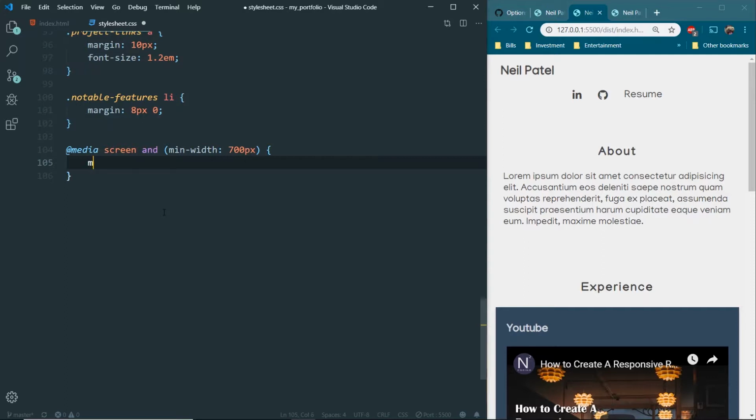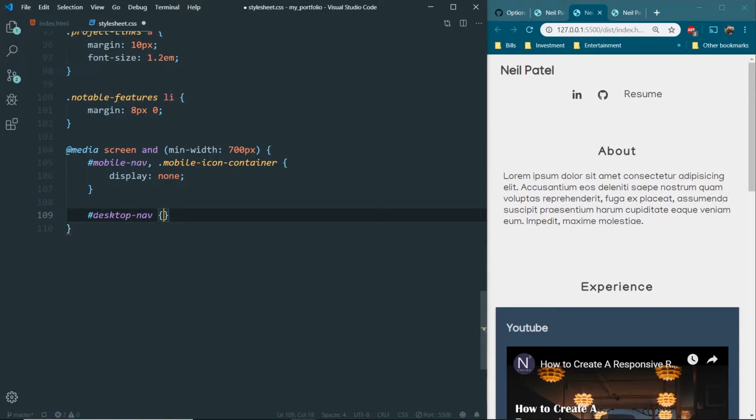So we can say mobile nav display none, and same thing for the mobile icon container, display none. So actually, let's just copy this and put a comma here. Okay, that'll be easier. And this will be desktop nav,